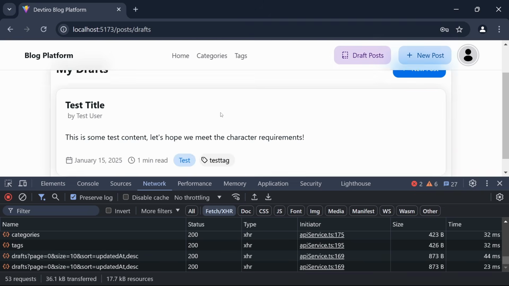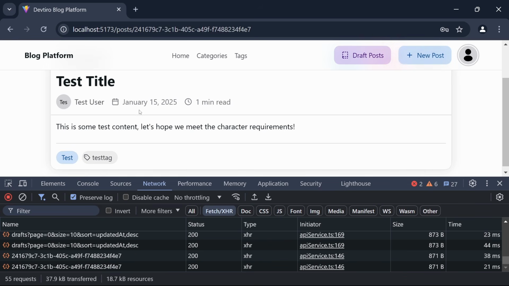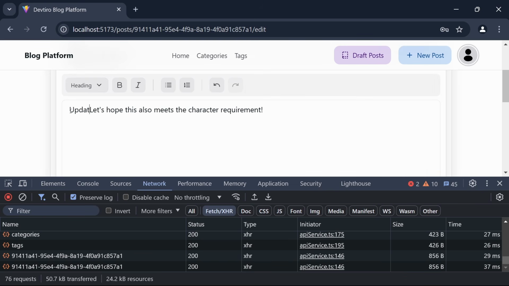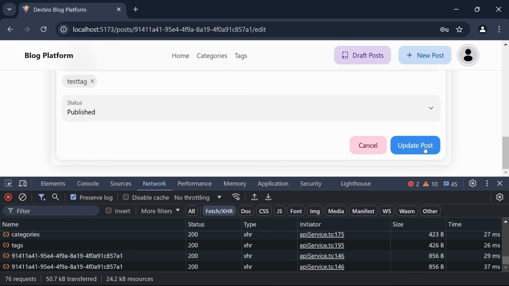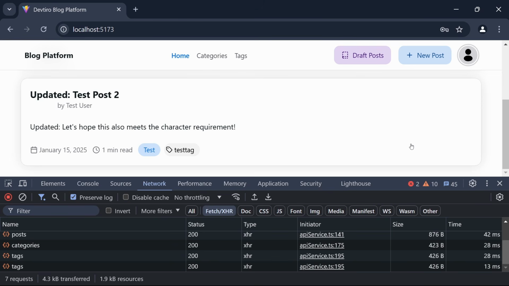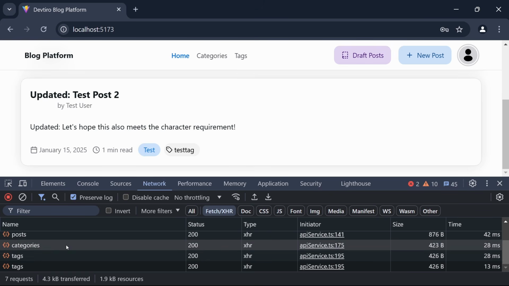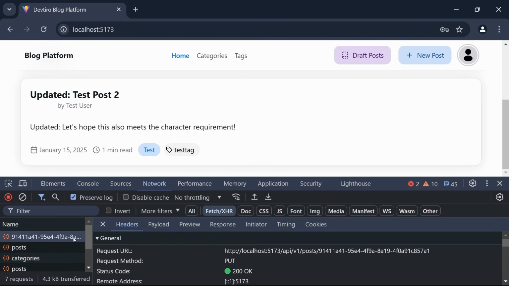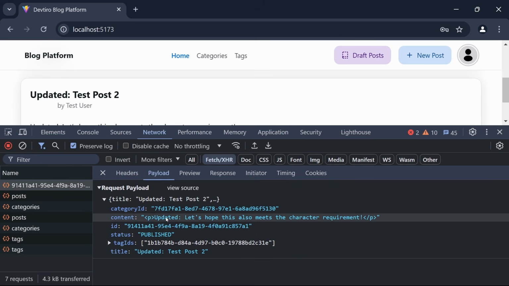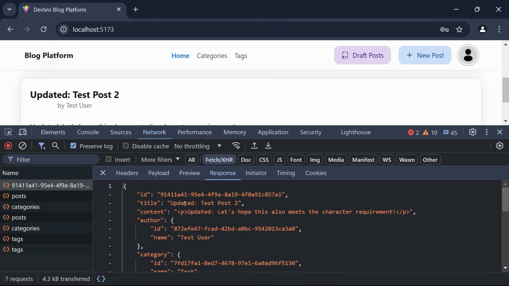So draft posts, let's click on our test post here. Let's click on edit. Let's update the title, updated. Let's update the content, updated. And let's click on update post. Before we do, let's just clear the networks panel. Update post. Okay, so we're back on the home page and we can see an updated post, updated test post 2, updated content. If we take a look for the update post, there it is. So there's our put. We can see the payload with the updated information, and we get a successful response back